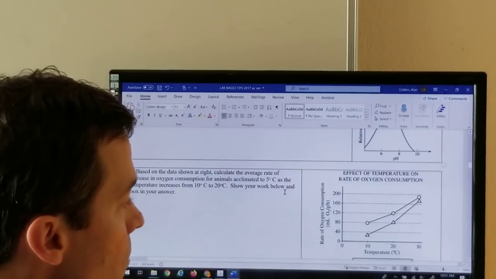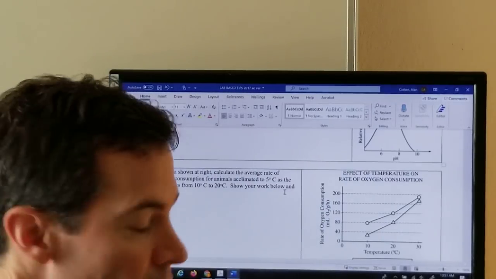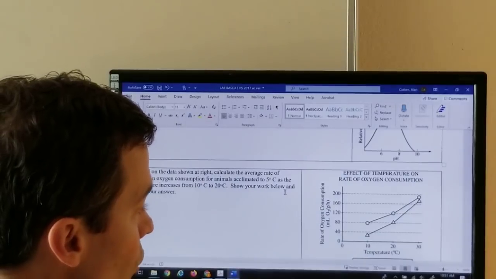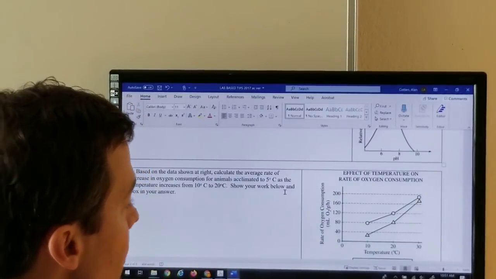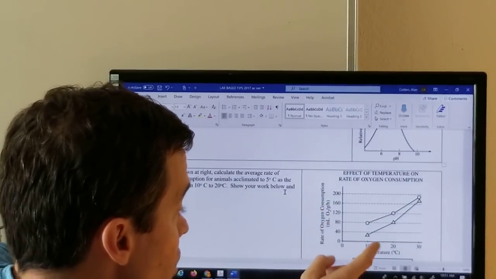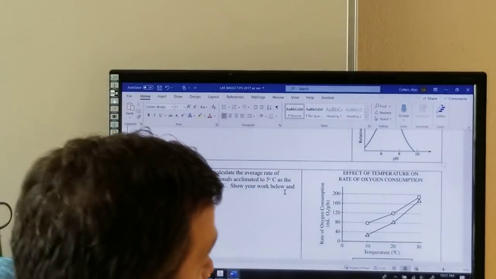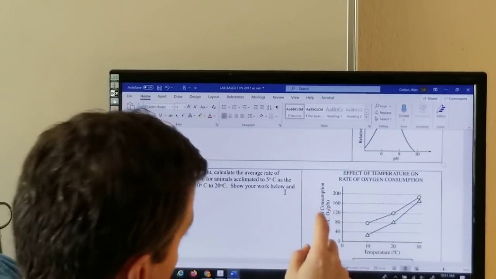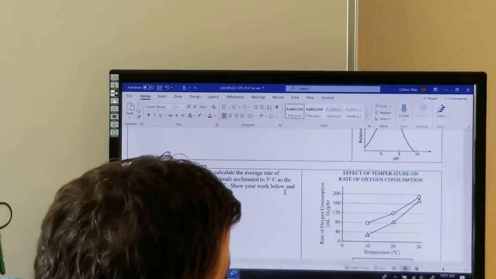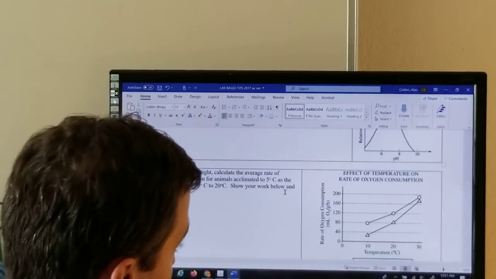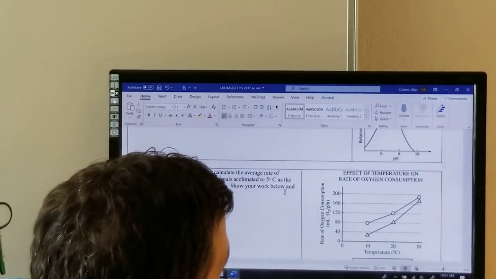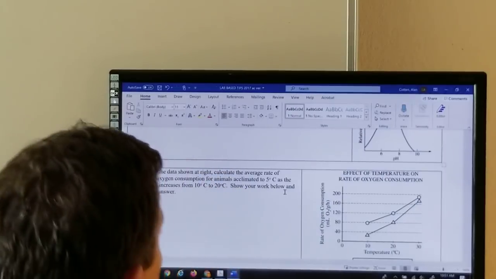If they want to throw something math at you, something that's pretty quick and they do it often is to calculate the rate of something. So rate is anytime you have a change in y over a change in x. Rate is usually time, distance over time, velocity over time, that type of thing. So like distance over time is velocity, velocity over time is acceleration. So it's just rise over run. So they might say,